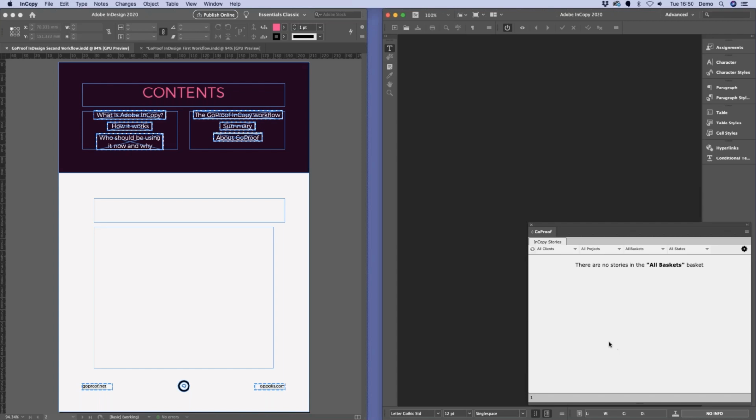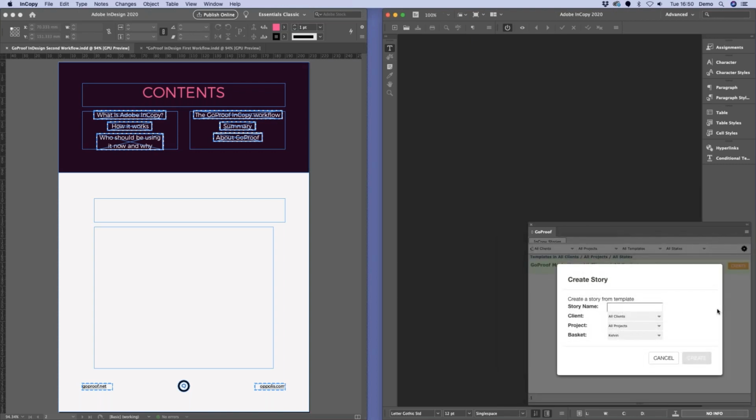So to do that, inside my GoCopy panel, Kelvin is going to go and have a look at his templates. We've just got a single template in there at the moment called GoProof Marketing, and we're going to create a new story based on that template. So this is where I'm originating content inside InCopy, which I'm then going to send over to my InDesign user on the left-hand side in a moment. So I'm going to call this Intro